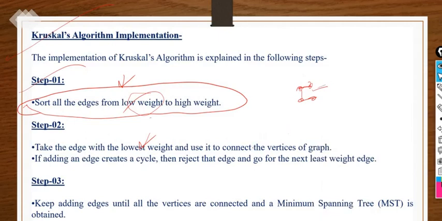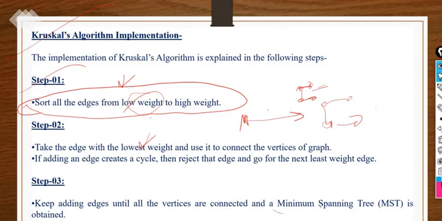The conditions are the same as the previous one, Prim's algorithm, to create the spanning tree. But what is different here is that you depend on the weights of the graph. Whatever edge weights are available, first you have to sort them into increasing order. Start from the minimum edge weight and connect until all the vertices are there at last. That will be the minimum cost spanning tree, right?